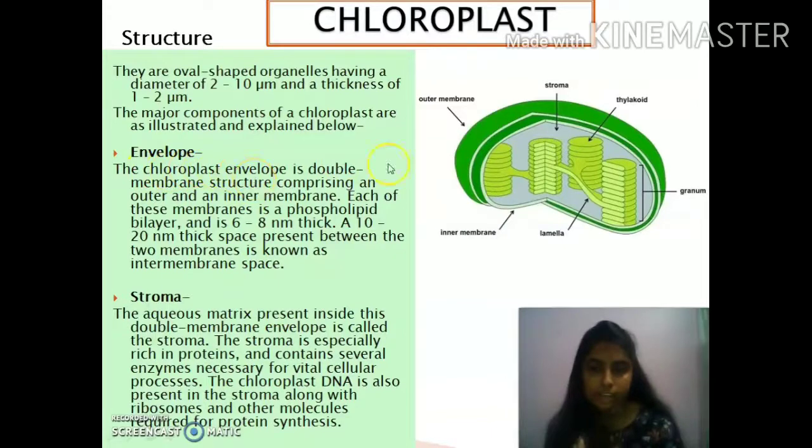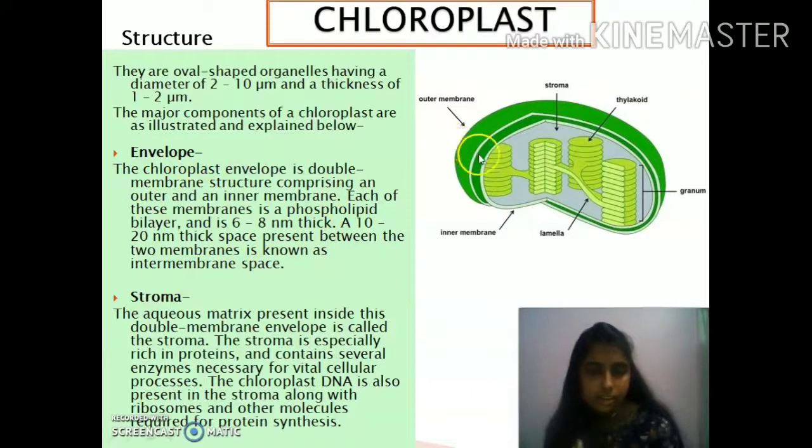So the chloroplast envelope is double membraned in structure. We have already seen this, right? So you can see here two membranes are there. This one is the outer membrane, and this one is the inner membrane, right? So there are two membranes present which surround the chloroplast. Clear, everyone? Okay. Now you can see that there is a space between the outer membrane and inner membrane. So this space is basically termed as the intermembrane space. Have you seen? So this is all about the envelope.